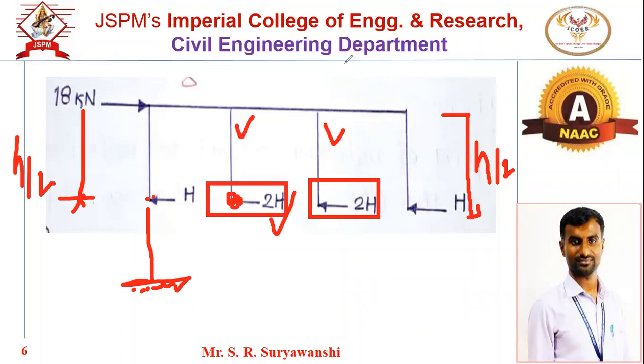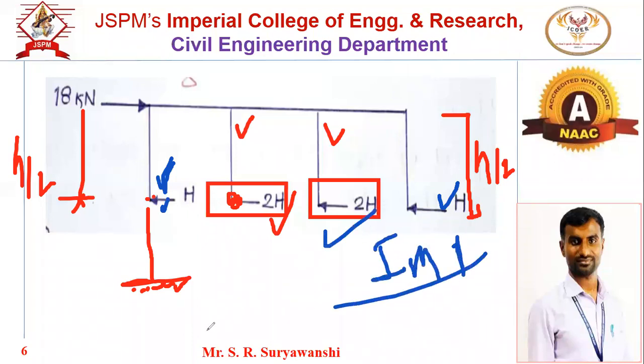So for exterior column, we will consider the horizontal shear as capital H. For exterior it will be capital H, this will be capital H. For interior column it will be twice of H. This is the third assumption which is very important. Horizontal shear of interior column will be twice that of the exterior one. So using this assumption, initially we have to find out the horizontal shear for the column.